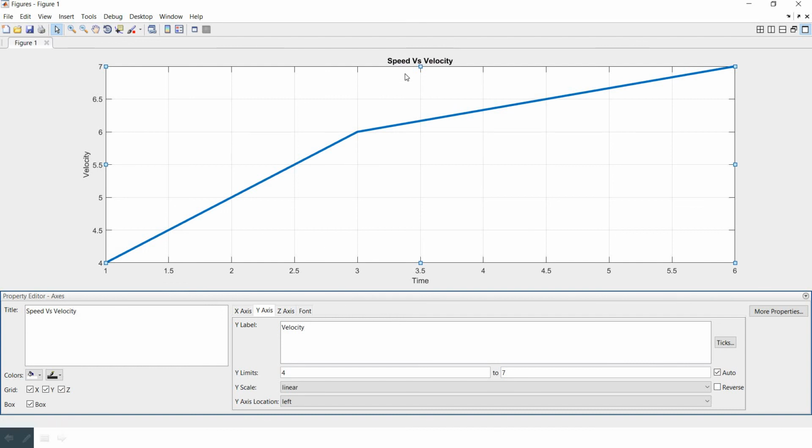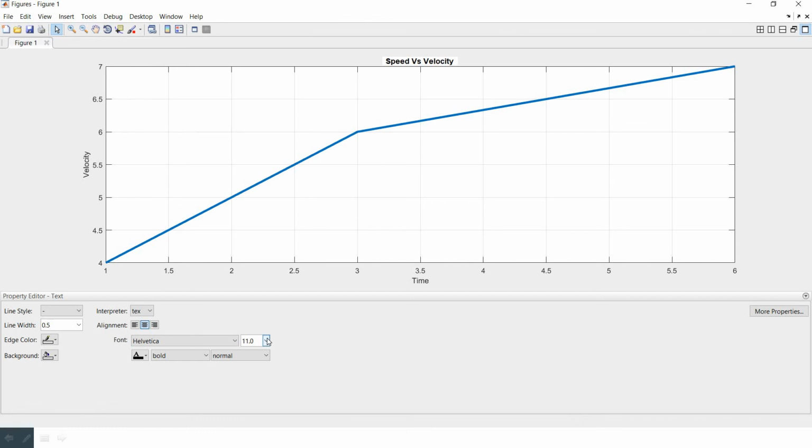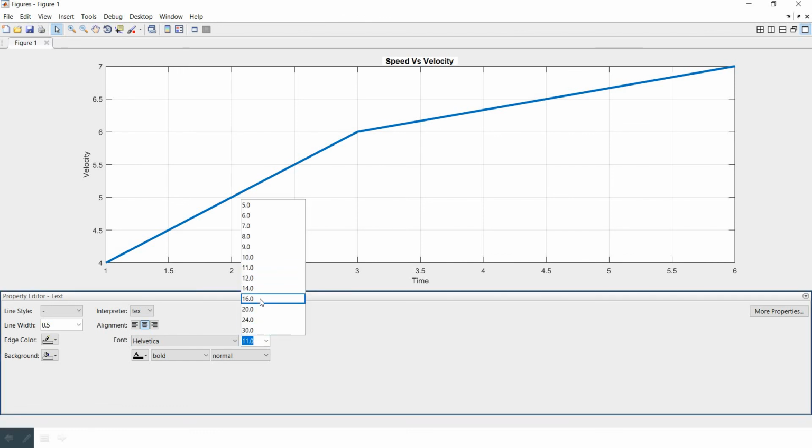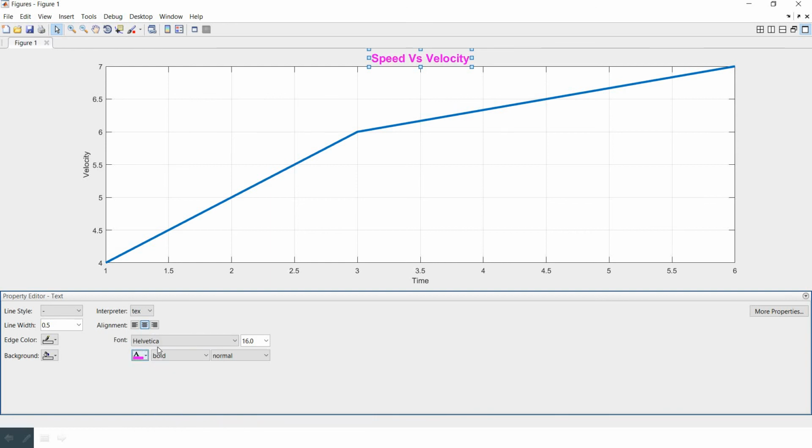Now you have labeled it. You can also increase the size. Suppose you want 16 size, you can make it bold. You can change the color also. Let's say you want to give pink color, you can change the font from here.